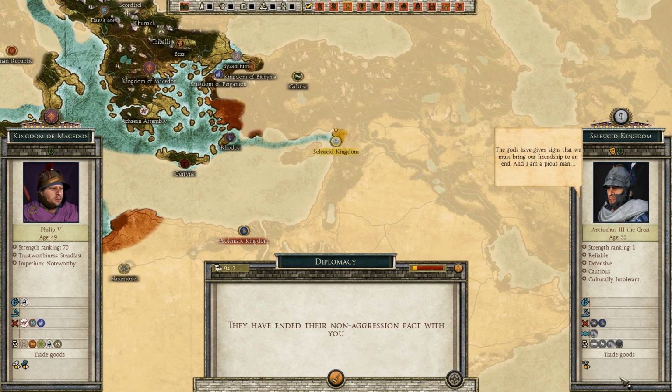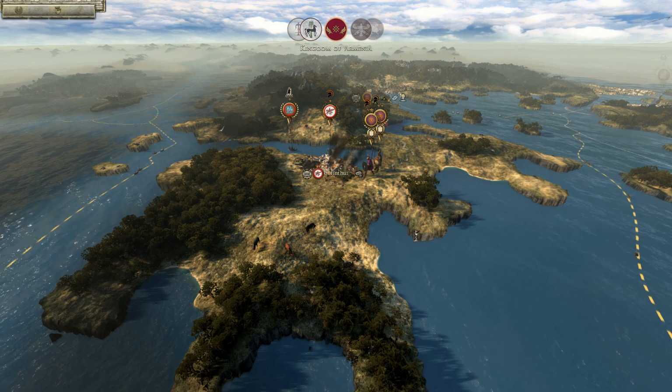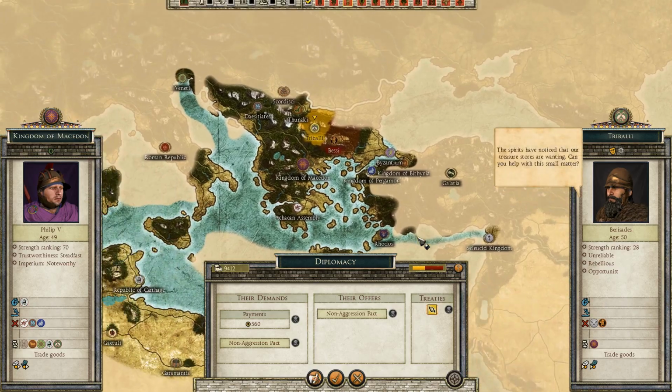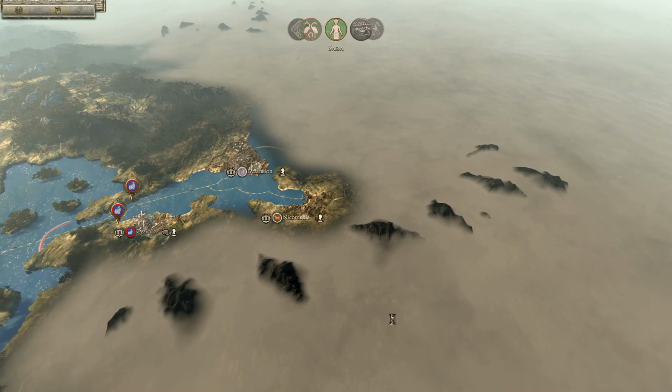The gods have given signs that we must bring our friendship to an end. And whatever, Seleucids. It's not like you're going to be attacking me anytime soon anyways. The spirits have noticed that our treasure stores...